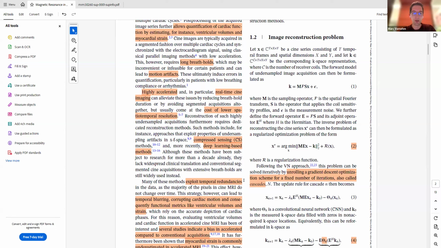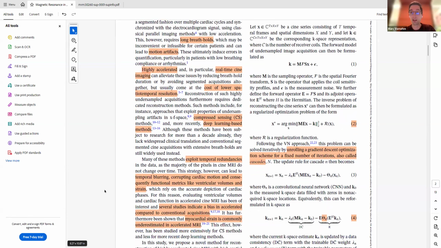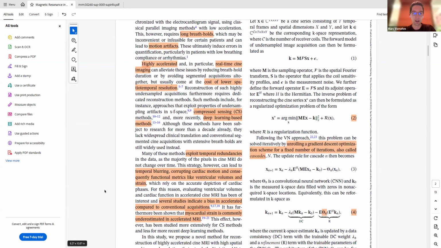But this also leads to temporal blurring on the other hand. So this temporal blurring, of course, corrupts the motion that we see in the data. And this also has an impact on those metrics that we love, on the volumes and especially on strain. So it's difficult to quantify strain and volumes on highly accelerated data.